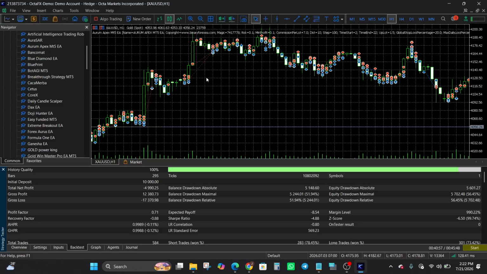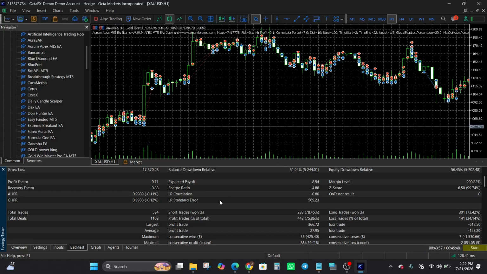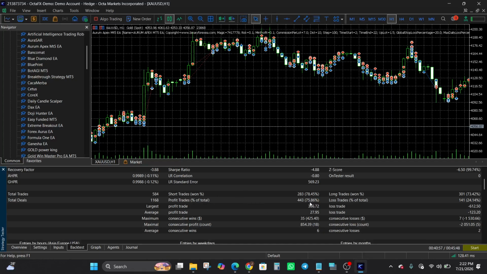to exit the position cluster once price retraced. All right. Now, as for the win rate versus the risk to reward ratio, the system achieved a high overall win rate of 75.86%, winning 283 short trades and 301 long trades. However, the average profit trade was just $27.95, while the average loss trade was $123.2. All right. So because the average loss was noticeably larger than the average win, a sequence of adverse market